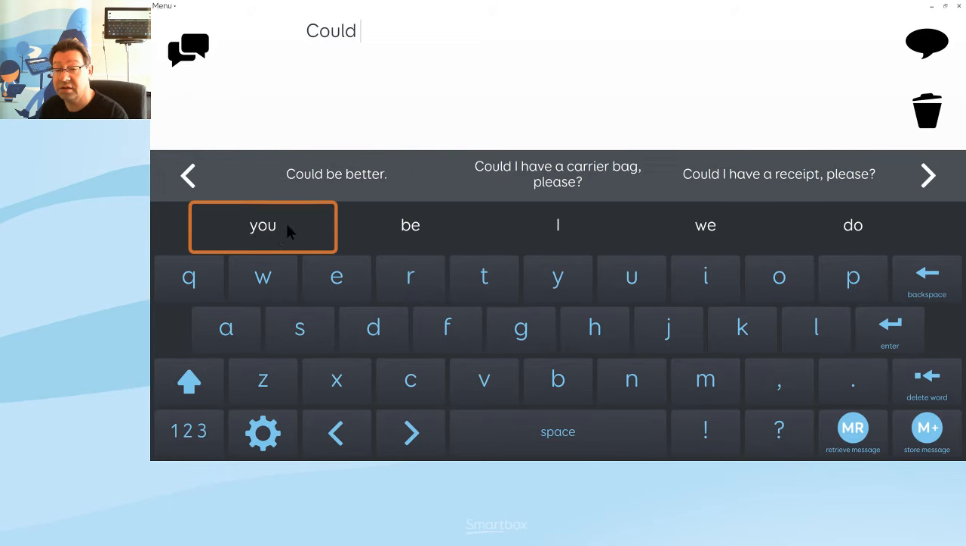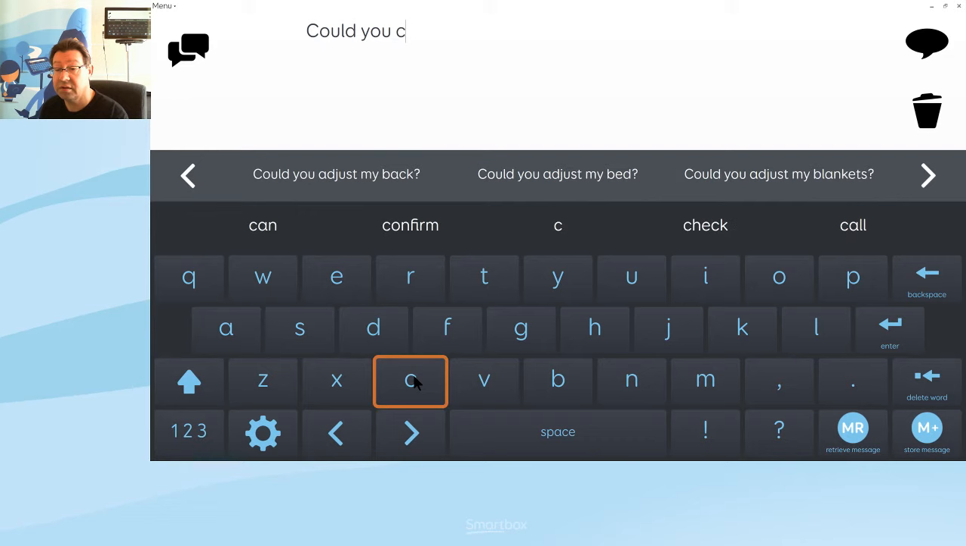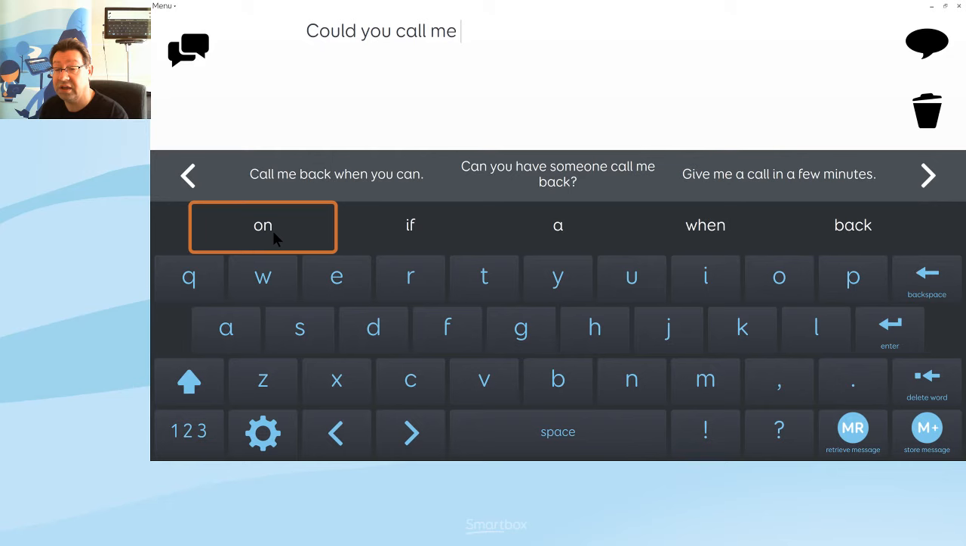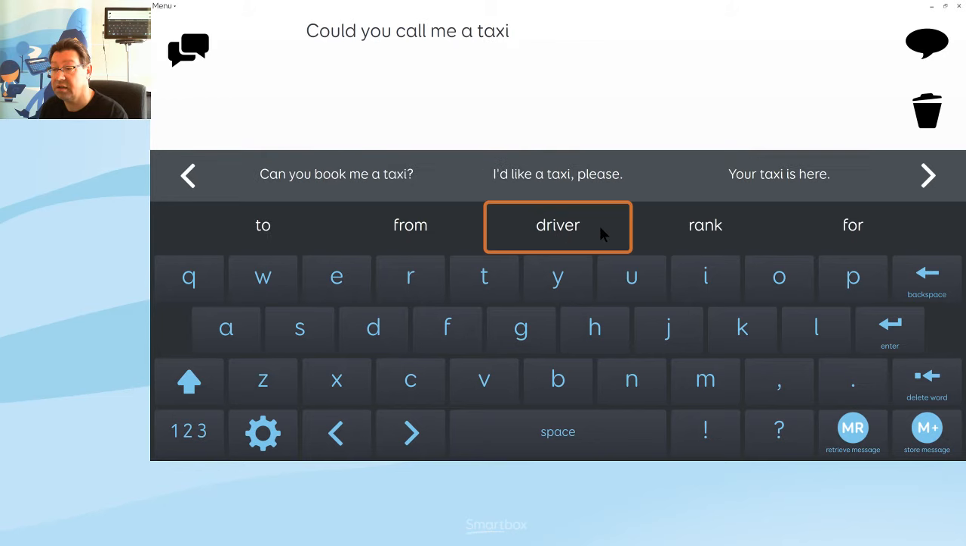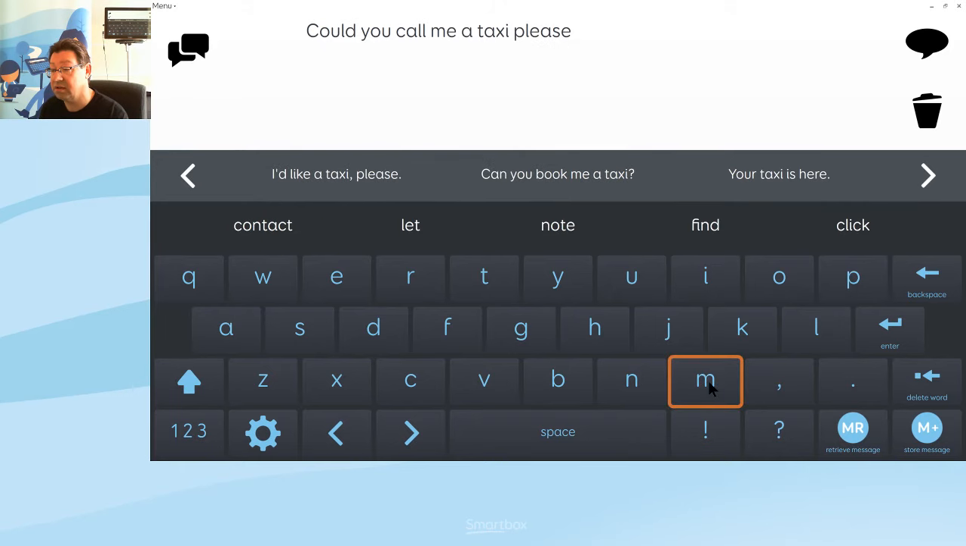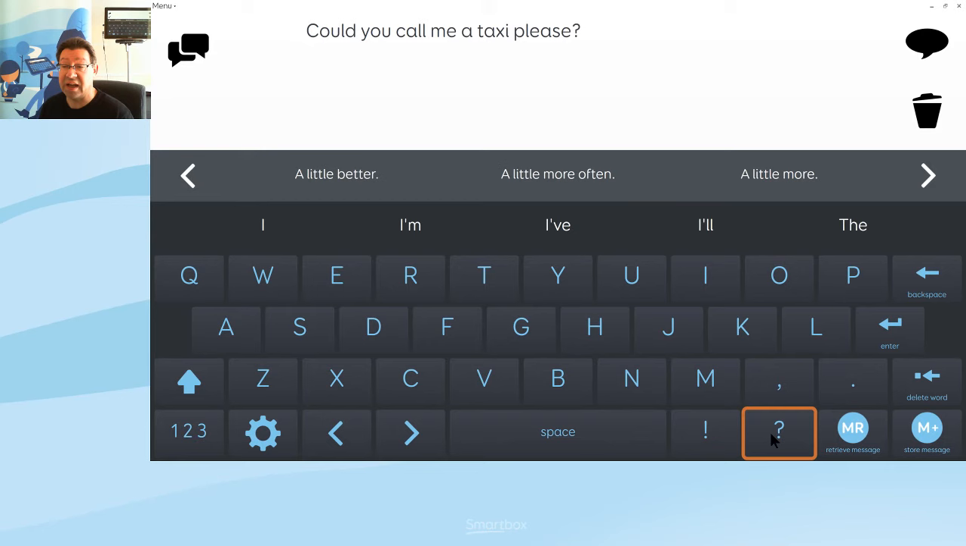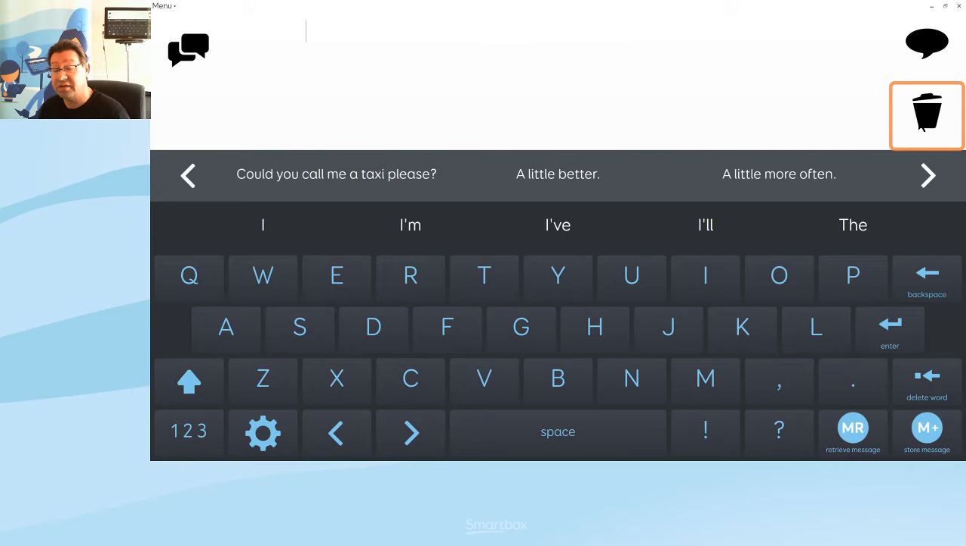could you call me a taxi, please? So you can see that in most cases there, I only had to type 1 or 2 letters of each word, and then quite often the next word was predicted without any typing at all. I'm going to clear that phrase, and the second thing that I wanted to point out to